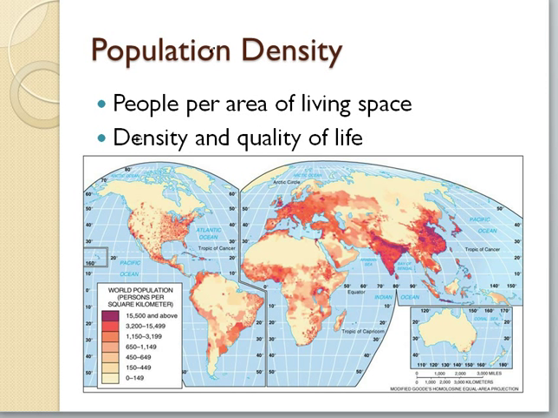So when we look at population density, there's a bit of a myth that highly dense places relate strongly to the quality of life. The idea is that if people live in a very densely populated area, they have a poor quality of life. In some places that's true, but that's really not true across the board.